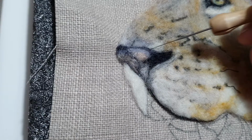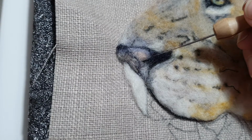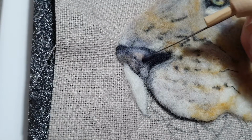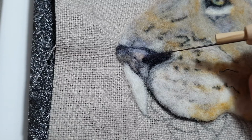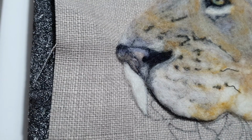I think we just need a bit more charcoal mix over this side. Before I do that, I'm just going to tidy up this a bit. Now this is all of a sudden gone very pointy when it should be a nice round shape. So I'm just going to go back in with just the plain charcoal and the thicker needle, and I'm just going to round that bit off again. I get carried away and then I lose the shape, so I have to keep going back in to remind us that there's that nice round shape, and it gives this beautiful arch then to this part of the nose. So I'm just gonna take that in a little deeper. Bit more here,